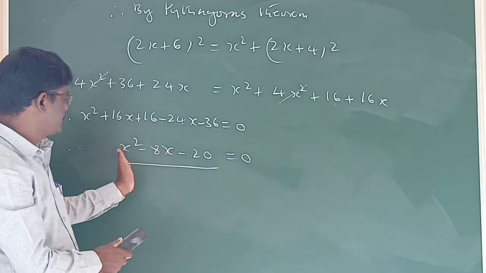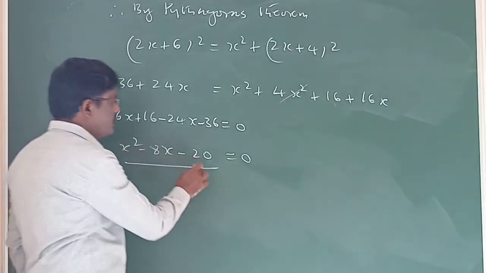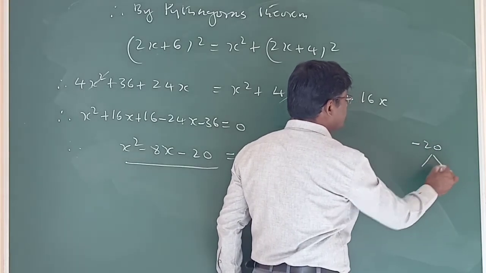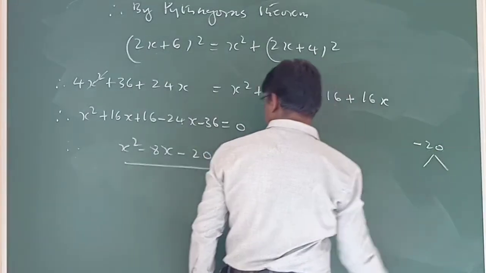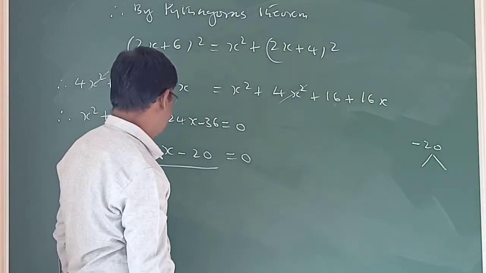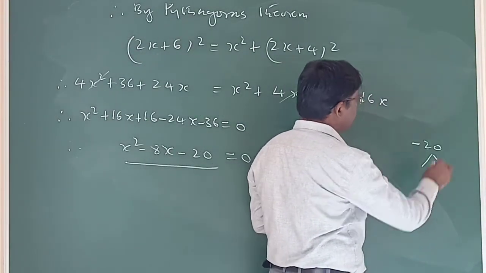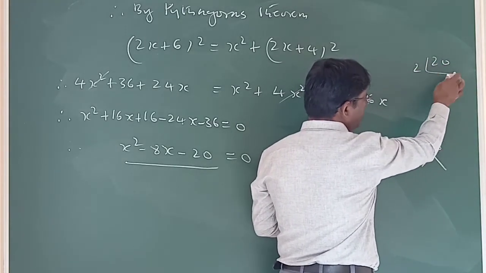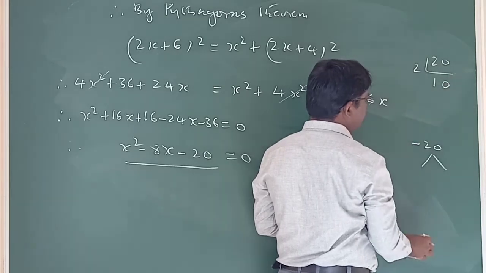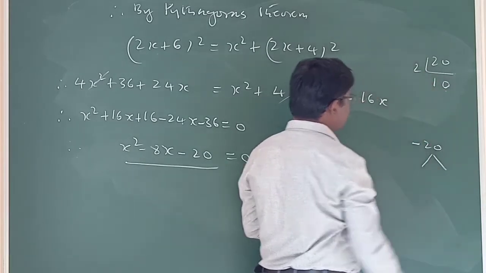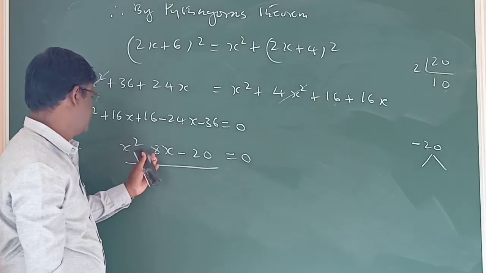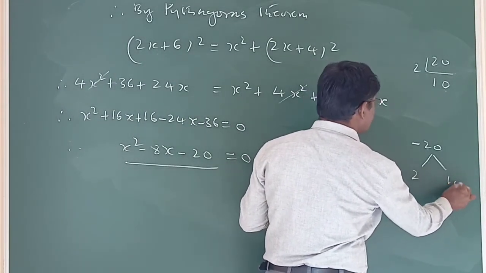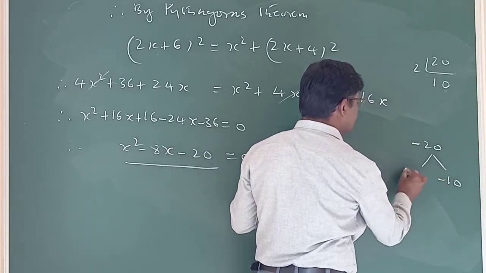Now we shall try to factorize this. 1 into minus 20, very simple number. What are the factors? Here we should get minus 20. If you find it difficult, don't crack your head, just simply go for factorization. 2 into 10. Therefore, just check once. The product is 20. Then we get a difference. Therefore, 2 into what? 10 minus 8, minus plus.